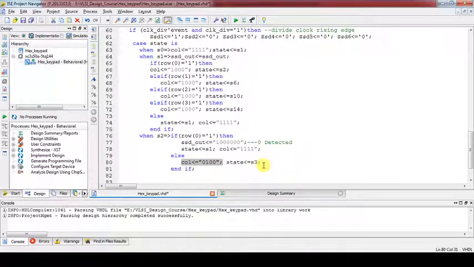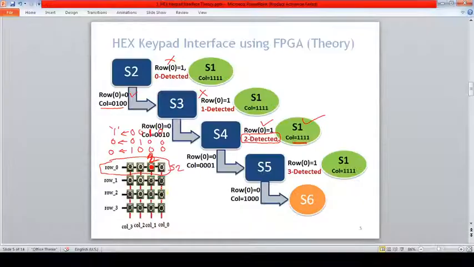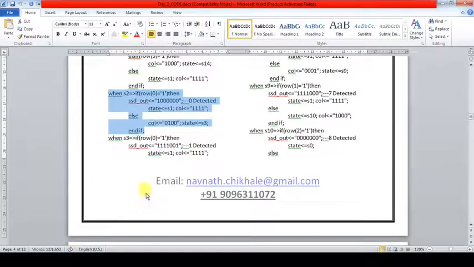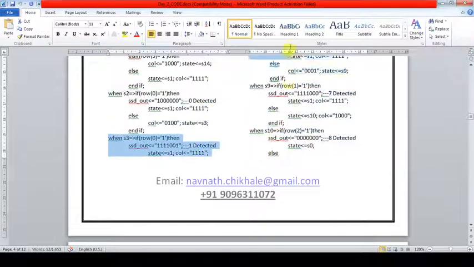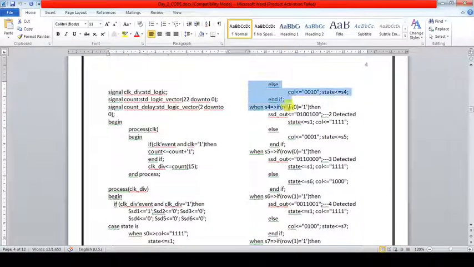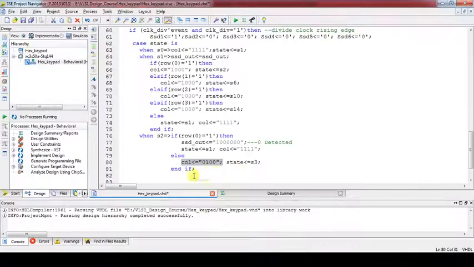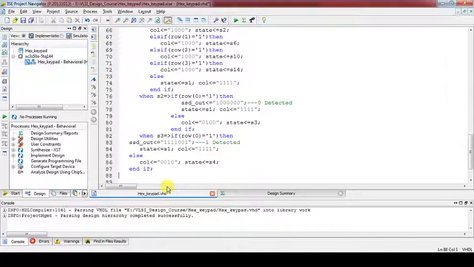Now we have to go for the S3 state. Again in S3 we have to do the same implementation. So let's copy for the S3 also. Code for S3. I am doing this step by step for your better understanding. Okay, now in S3 state,